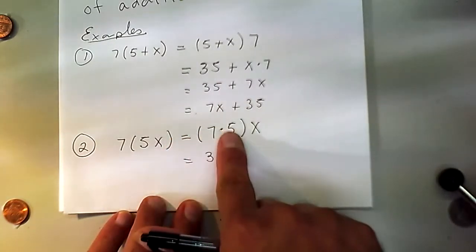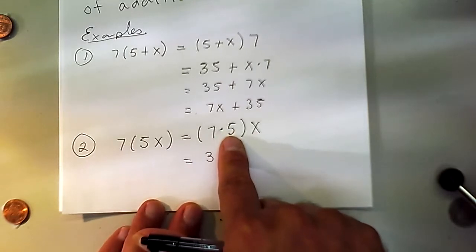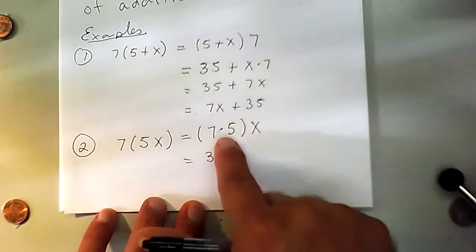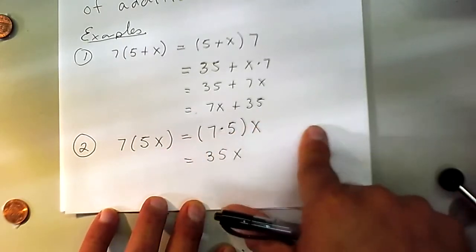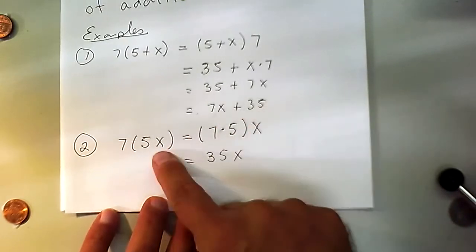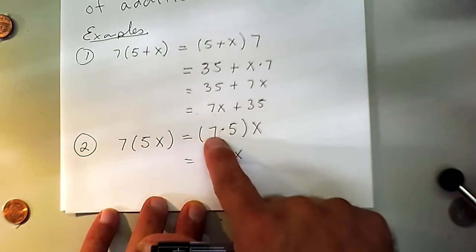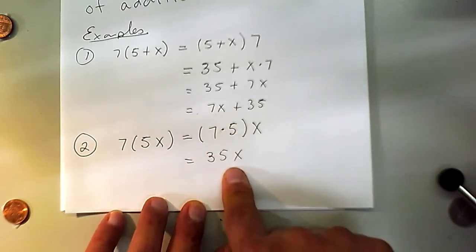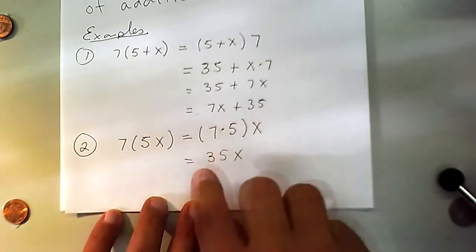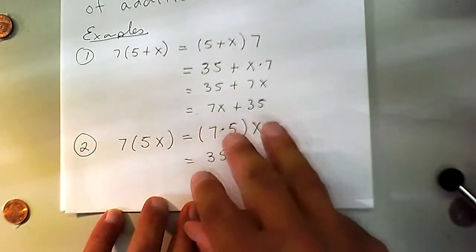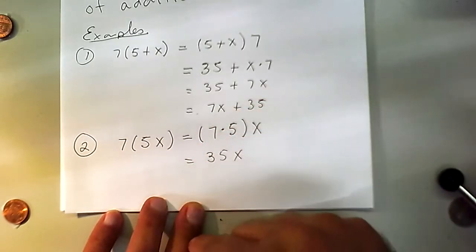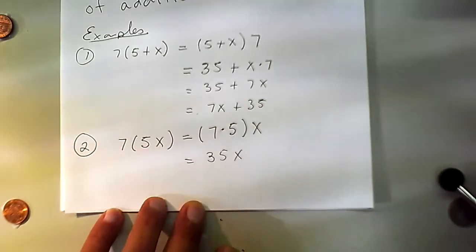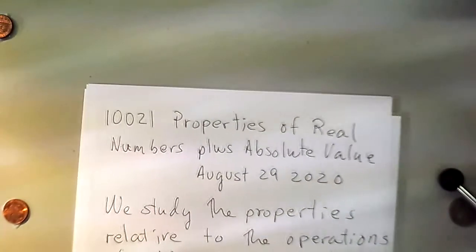Most of us will skip this, but if we call you for figuring out what property is being used from here to here, we have to be able to tell, oh, we're using the associative property of multiplication to go from here to here. And only then can we multiply the 7 times the 5 and then have 35 times x. Now, in practice, if I'm asking you to simplify, you don't have to go through this. Only in certain problems will I ask you to actually go through the steps one by one. But in general, that won't happen all the time. It's only in maybe some parts of this.